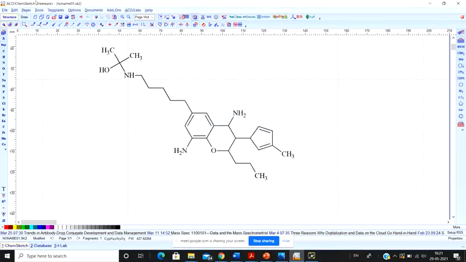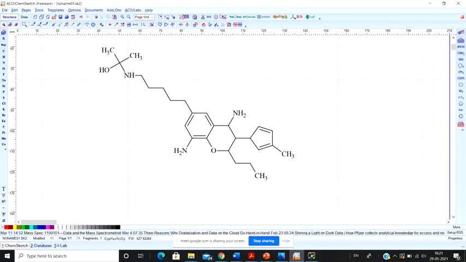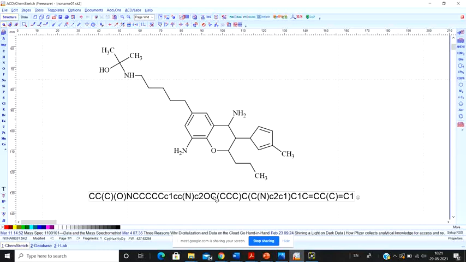Now there's another option, see there's a smiley, and this is called SMILES notation, and if you click it, it's going to give the SMILES notation of your molecule. What is the SMILES notation? The SMILES notation is simply like the naming of your molecule. It's simply like the IUPAC name, but IUPAC names are much more complicated, and software can't understand the IUPAC name.